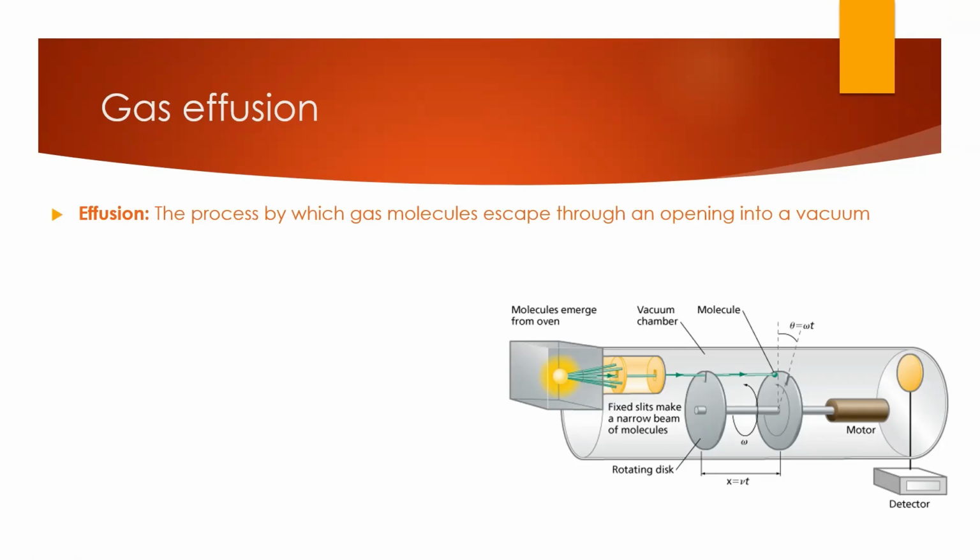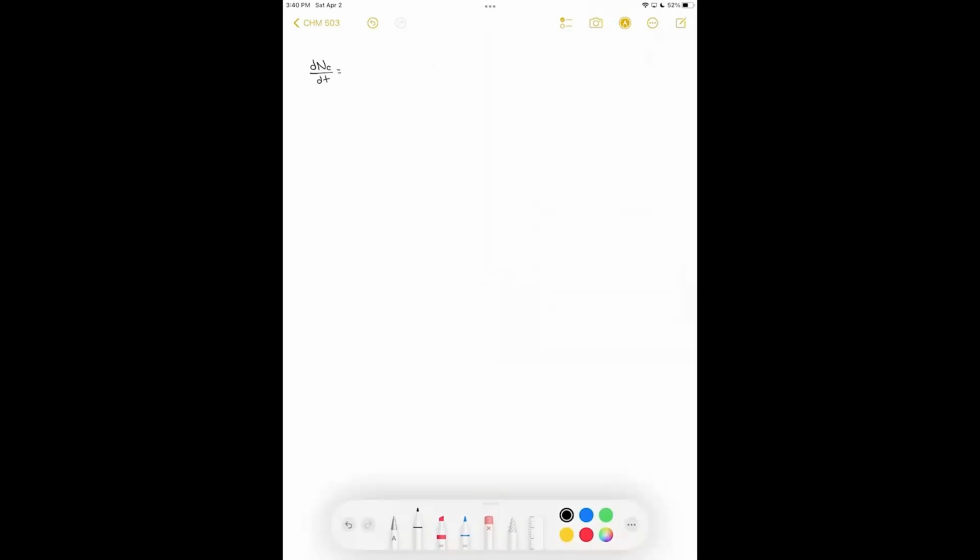The rate of collision with our aperture depends on the amount of gas particles and the size of the aperture, and also the speed that the particles are moving. Putting this information together, we can describe the rate of collisions with the aperture, dNc/dt, as the number density of the particles that are moving, the area of the aperture, and then we need a term to describe the